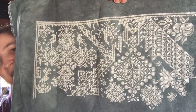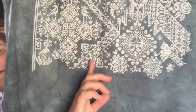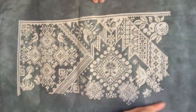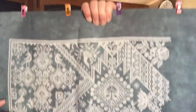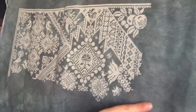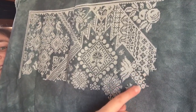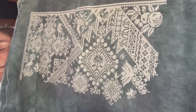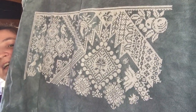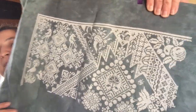Now last week when I showed you that, I think I had somewhere around in here all done, so I did all of this week. I've done a little bit of page 4, but I still have to finish up a little bit over here for page 3. Well, actually not very much, but there's a little bit down in here that goes down into the page underneath, and it's like you're kind of working on 4 pages at the same time in this little area, and so I've been kind of procrastinating doing that,